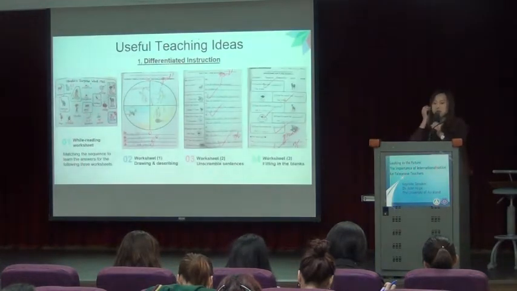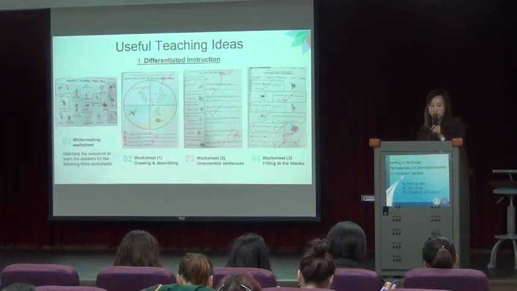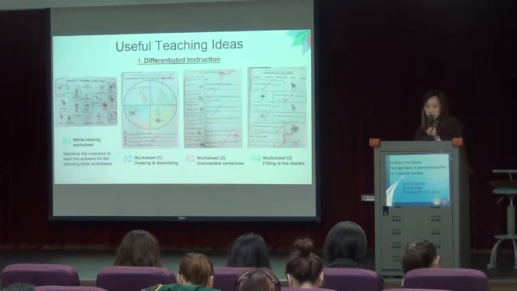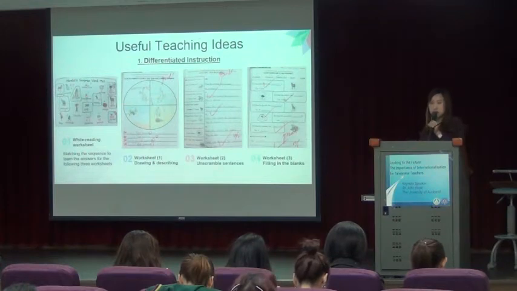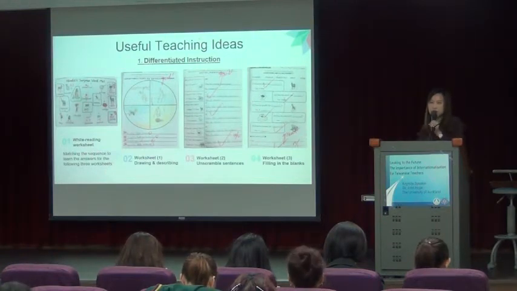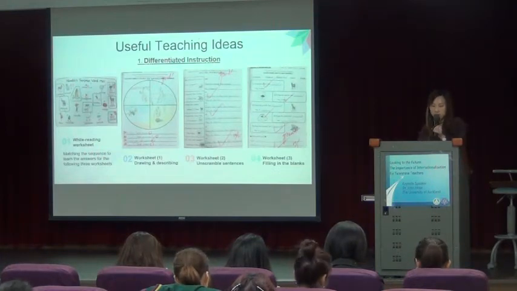The first one is to draw or to describe something they like in the picture book. So students who like to draw, like to paint, can choose this kind of worksheet. The second one is the unscrambled sentences. Students need to unscramble sentences, and these sentences are based on the Unit 1 sentence pattern, and they need to answer the question according to the story. And the last one is filling in the blanks. So these are different kinds of worksheets students can choose, depending on their interests and their abilities.